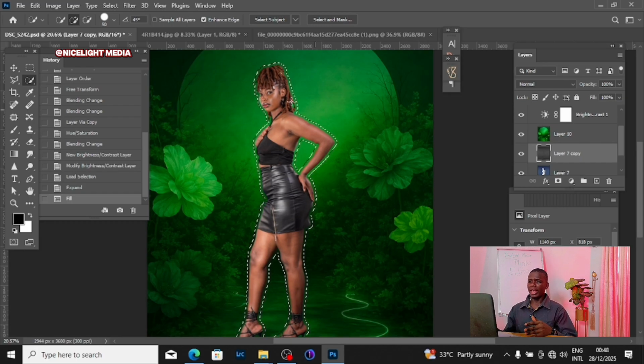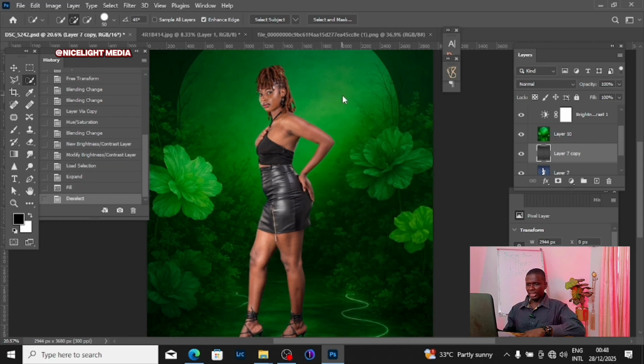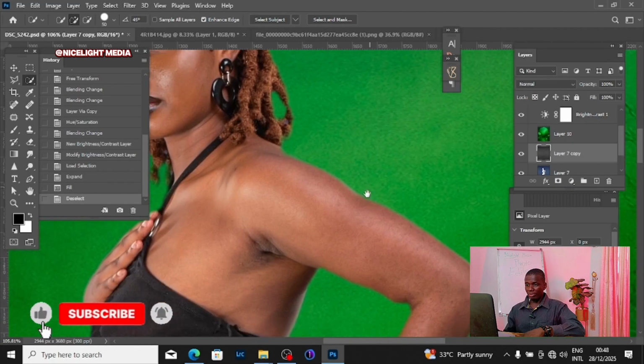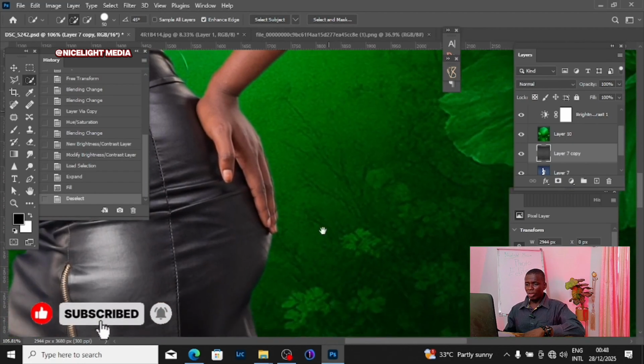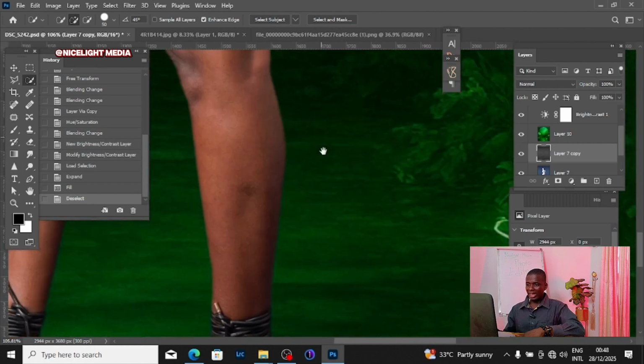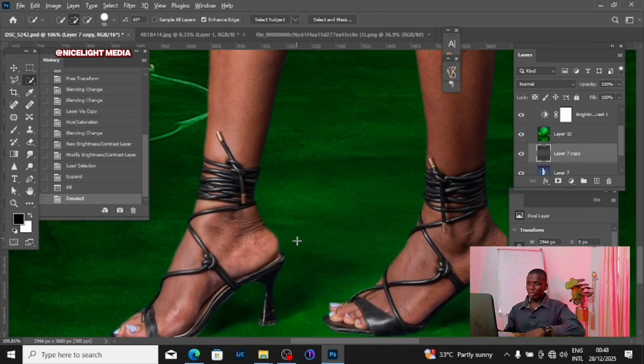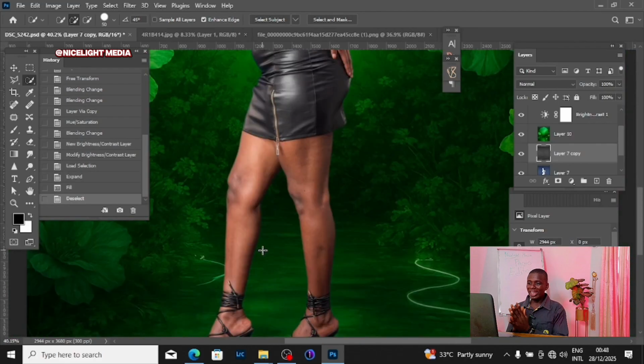Now let's check the edges of our image. You can see how the edges of the image are looking now. There's no dark place on it again. Everything is looking normal now. So the next thing you are going to do, you can do your retouching, or if you still want to add shadow to the image,